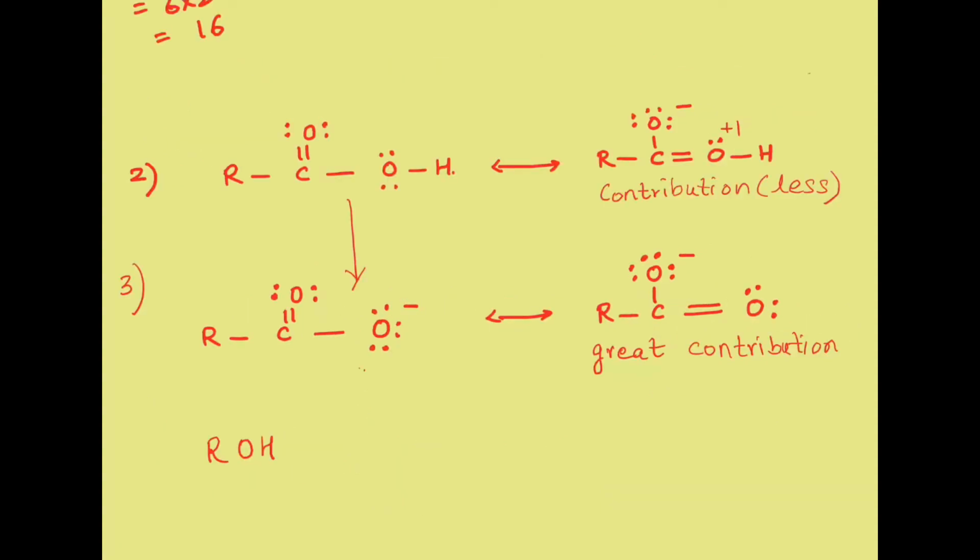What about aliphatic alcohols, ROH? Do you think the RO negative will have resonance in it? We just now spoke about alcohols a while ago. No, there is no resonance in this. So, are the alcohols happy to get rid of their H easily? No, they are not. That is why their acidic character is very, very weak, almost negligible. Although we shall do one or two reactions explaining the same, but yes, their acidic character is almost nil.